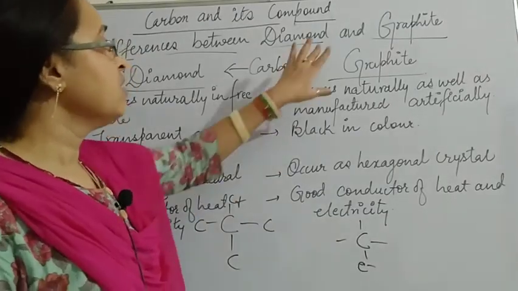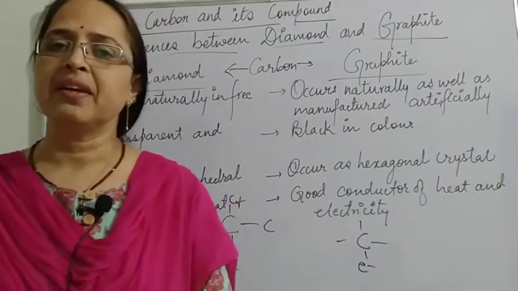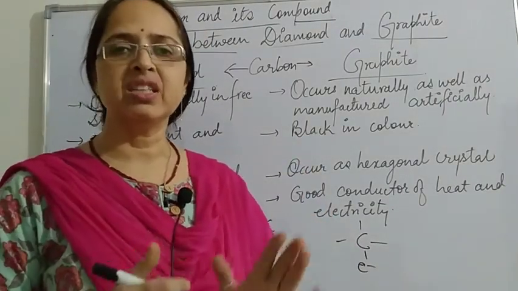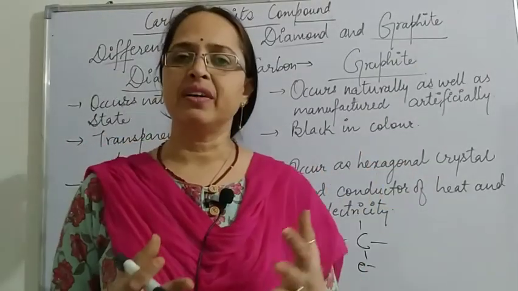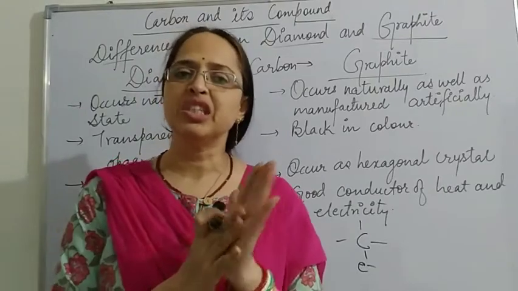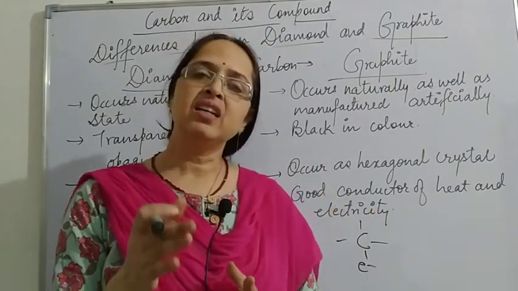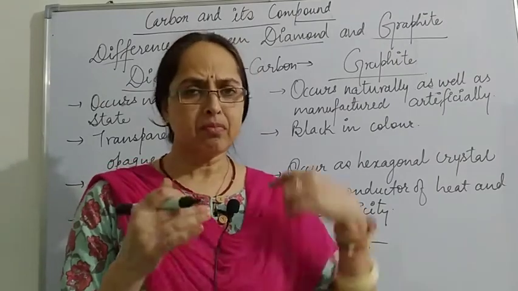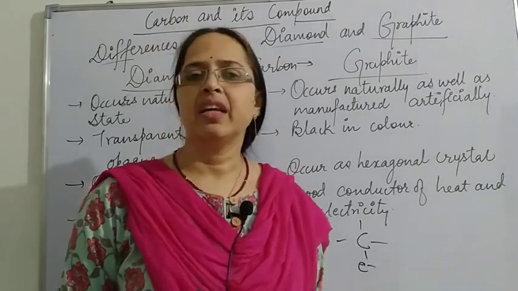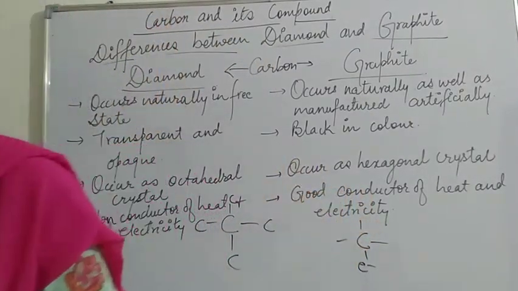And graphite is used as a lubricant in heavy machines also, because of its sliding movement. Due to the presence of this free electron, the structure of graphite appears to be sheet-like, that is, one sheet is sliding over the other, and due to this sliding structure, it is used as a lubricant in heavy machines. Now we'll continue with the topic.